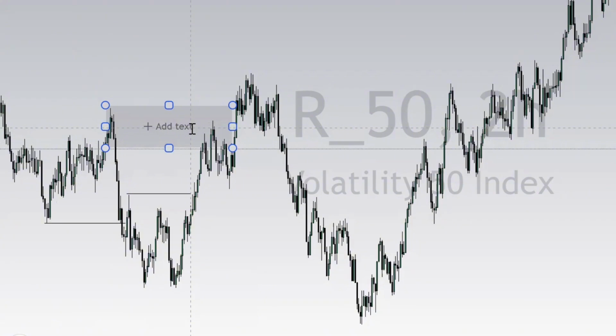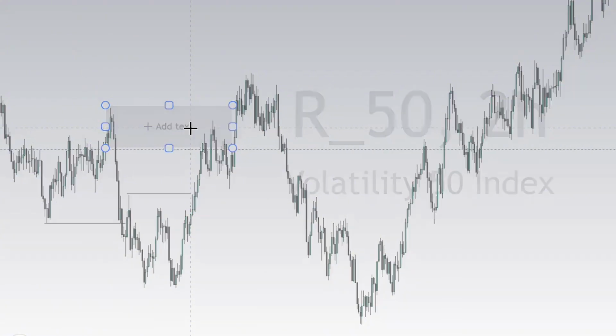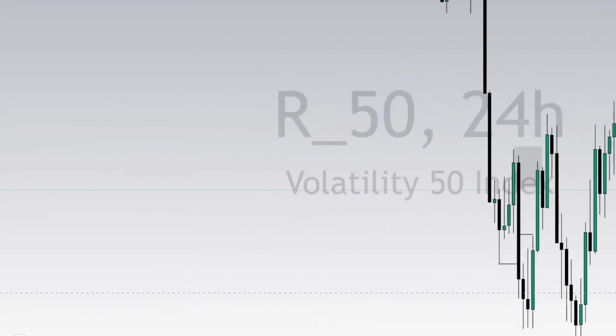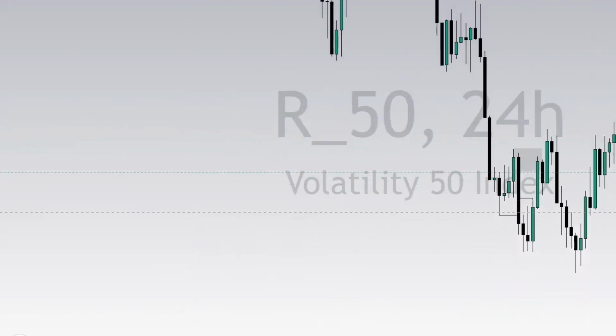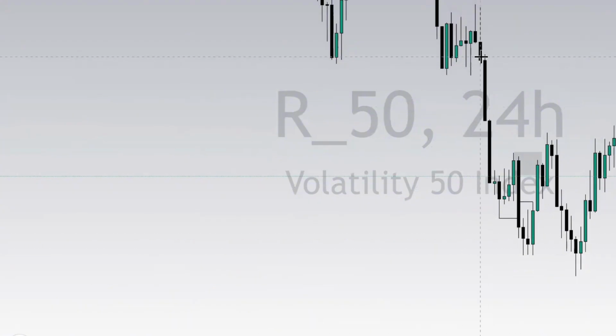So let's go straight into it. This is the 24 hours time frame. So this is our 24 hours time frame, okay? And one of the things you need to notice about this 24 hours time frame is that we have a liquidity void. And after that liquidity void, we had this high created. This particular high was created, meaning that it is extremely possible for market to come back and take this high to fill up this void.